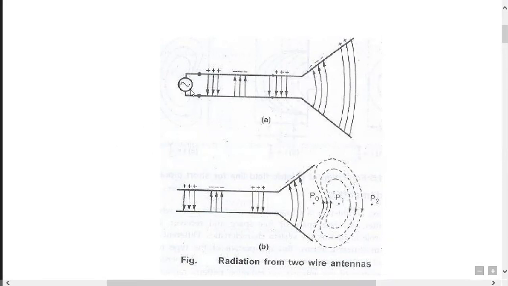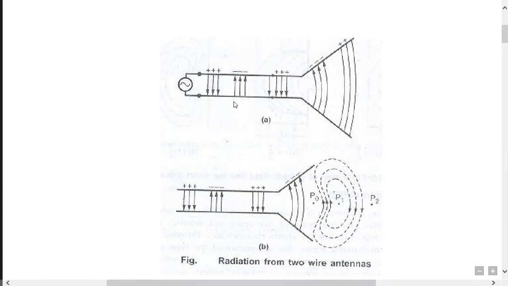So applying voltage across this two-conductor transmission line creates an electric field between the conductors. Let us assume the upper conductor is positively charged and the lower conductor is negatively charged. Here the upper conductor is negative and this is positive. The electric field has associated with it electric lines of force which are tangent to the electric field at each point.